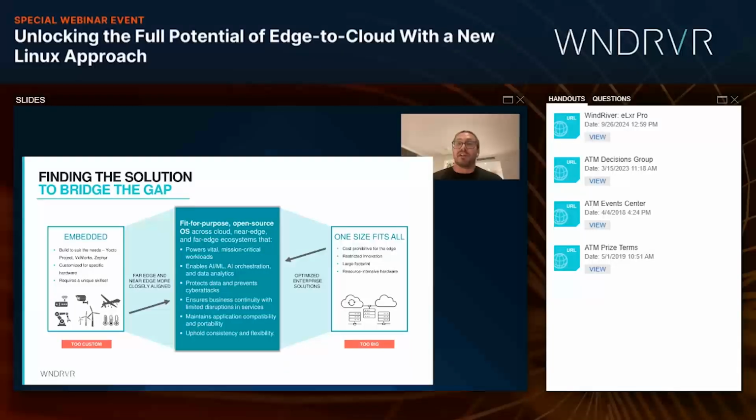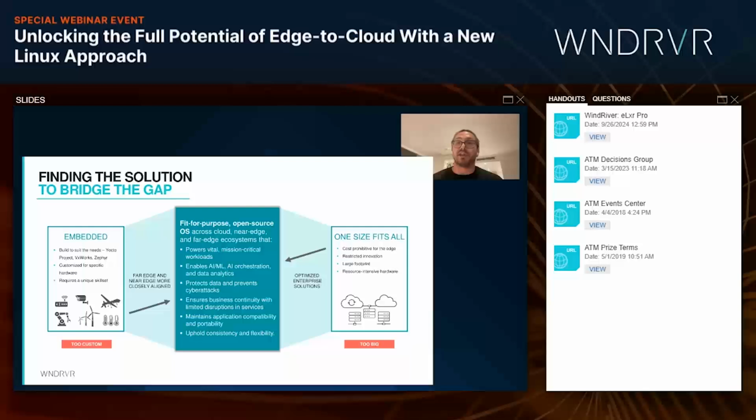And what we wanted to do with the Elixir project is find the solution to bridge the gap between embedded and traditional enterprise solutions. And again, what we found is that embedded is starting to look much more like enterprise in ways that are really transforming the needs of the software developer and the needs of the market in general.